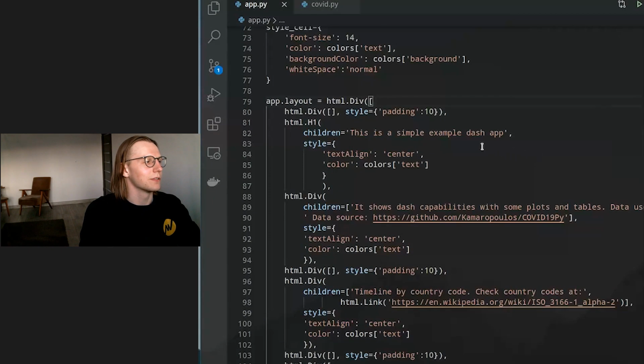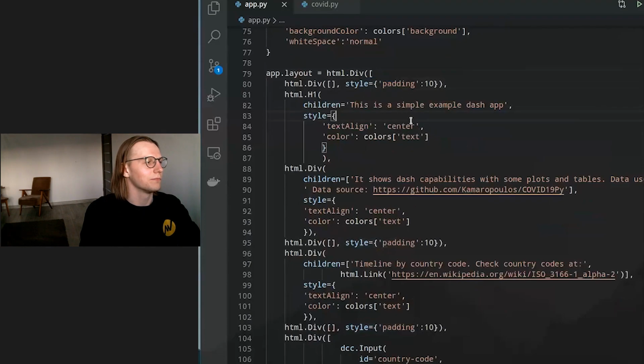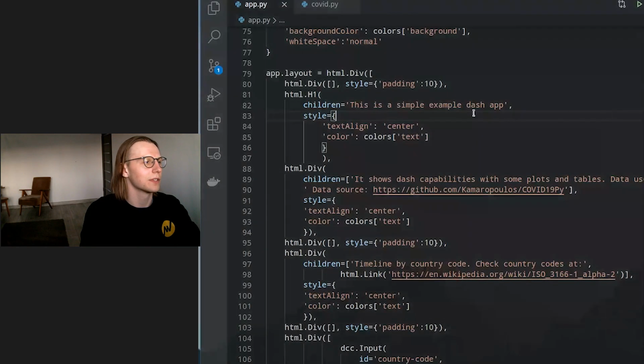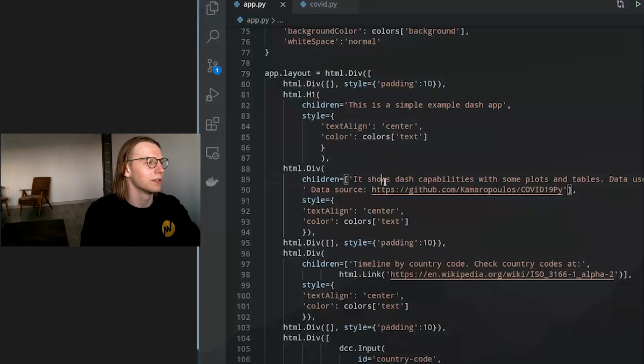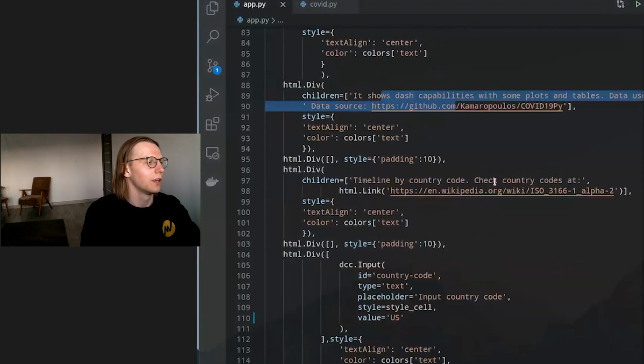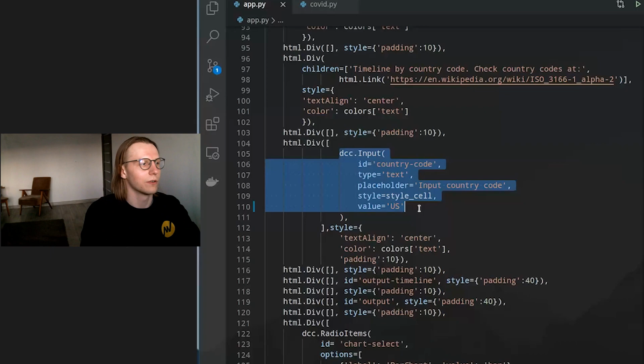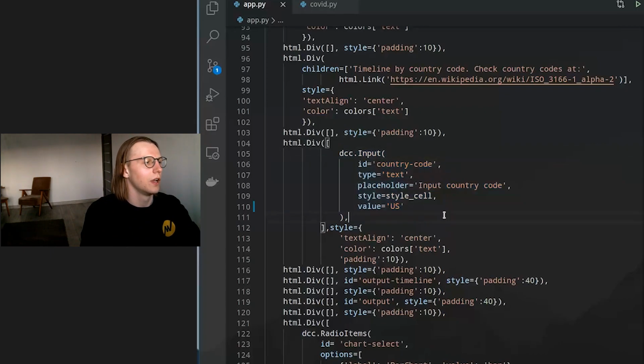So going to those, you can see that the structure quite corresponds to the things that you're gonna see on the web app. So we start with a header. You can see a header here, some text to explain what it is, then an input box, which is from dash core components, so DCC here. You can see you can define your input quite extensively. So define style separately from the whole app,